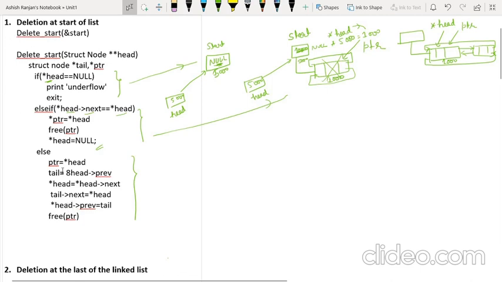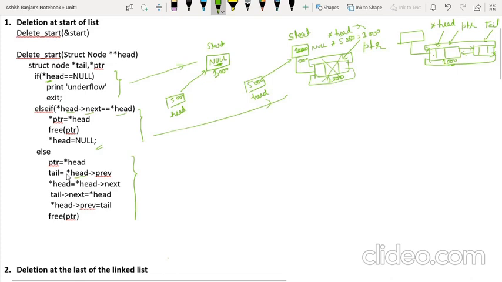Okay, that is asterisk of head. So what we are doing here, first ptr is pointing this node, tail is equals to asterisk of head ka prev. Asterisk of head is 1000, and prev means we are talking about the last node. We'll make the last node tail.